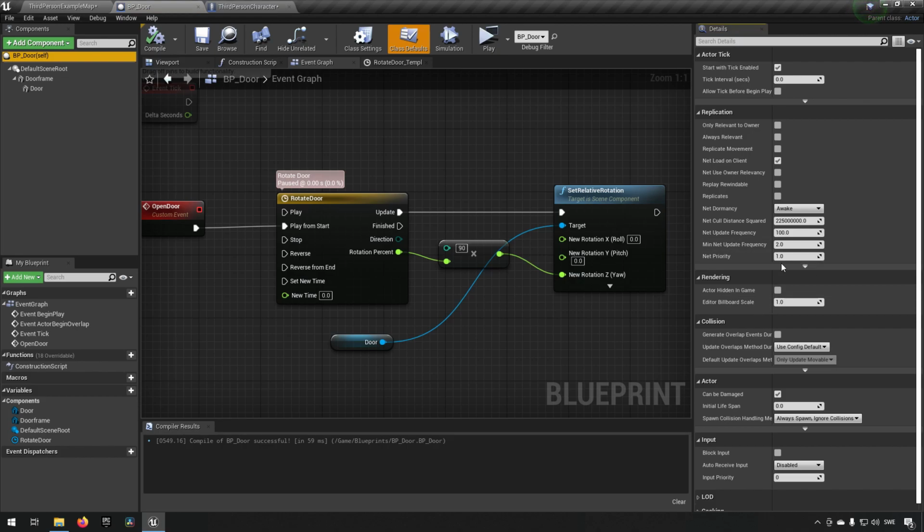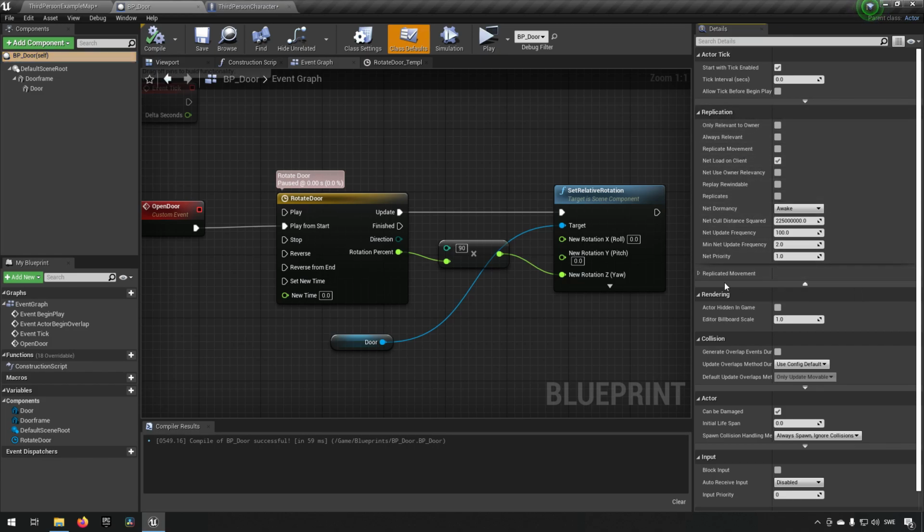So when it comes to replication of variables, there's something that's important when it comes to relevancy. And that means that information about replication only goes to those that are deemed relevant for the information. And this can be a lot of different things. If we check, for example, here under replication, we can see that we have, let's see here, we have, actually